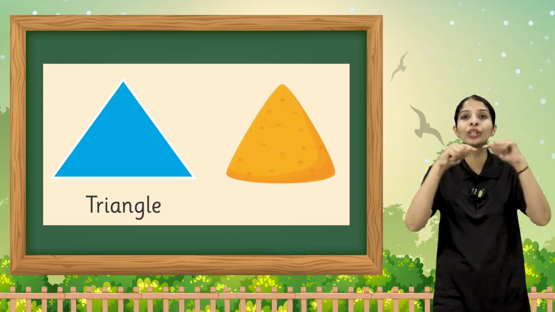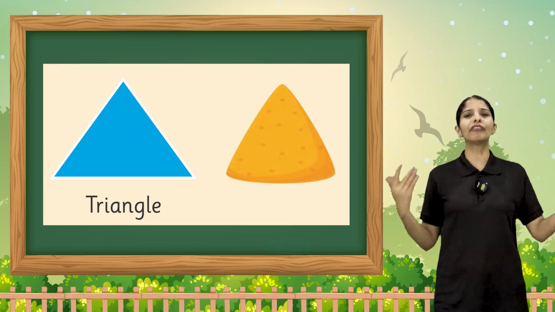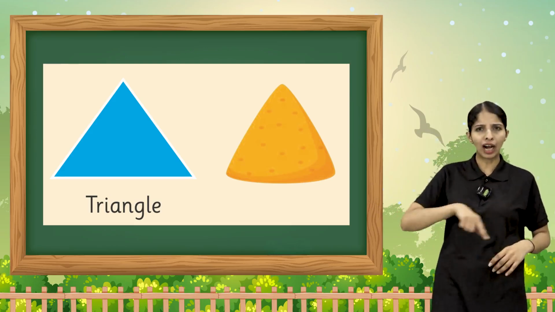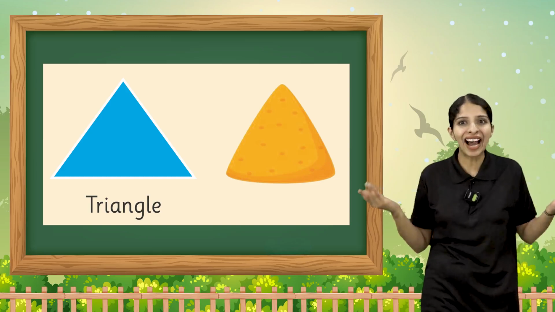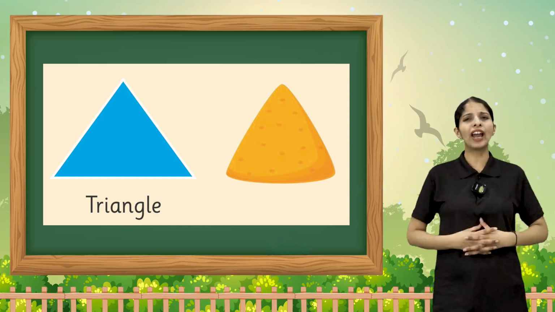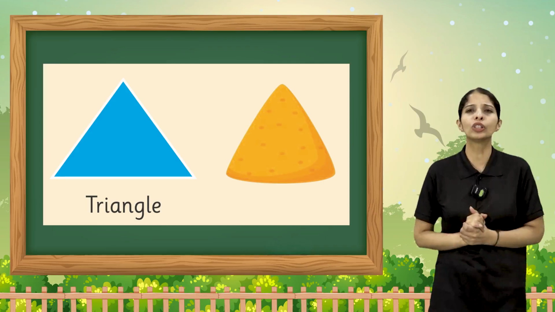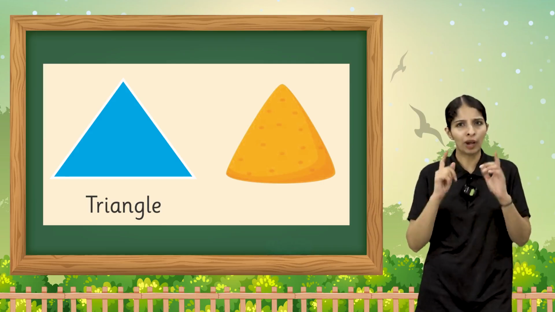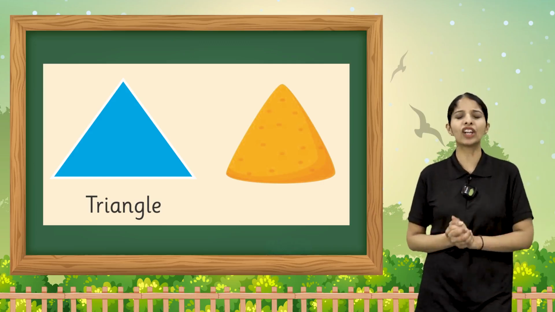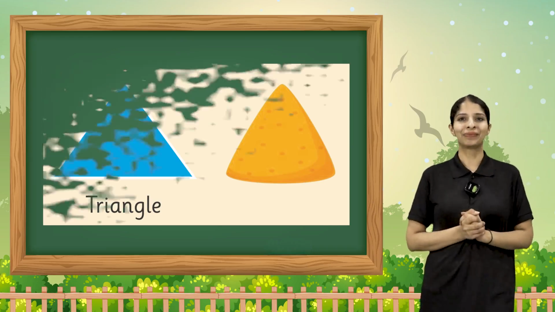It has 3 sides. Now the pizza that you order, you love to have, is round in shape. But when you take out a slice, it is triangle in shape. Have you ever noticed the shape of the hanger on which you hang your clothes in your cupboard? If you have not noticed, then go and see. The shape of your hanger is triangle.